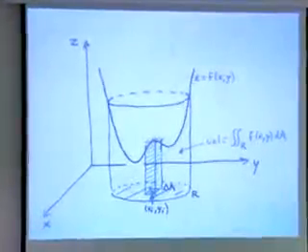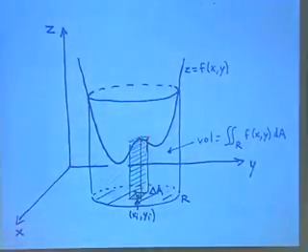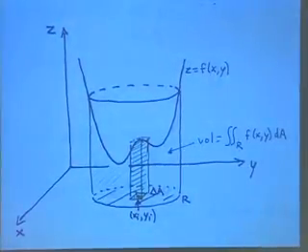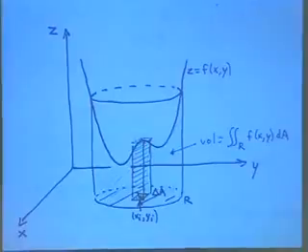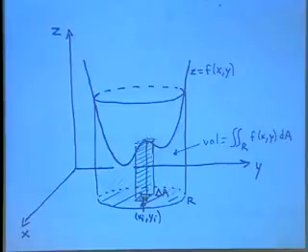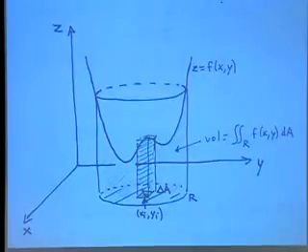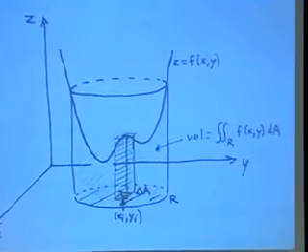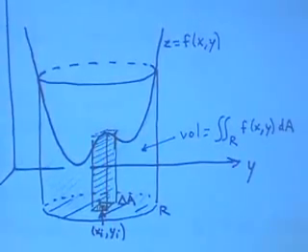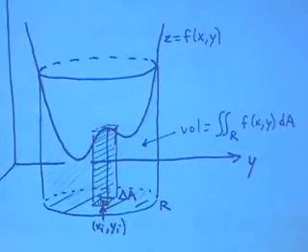We are going to cut our region into little pieces, say little rectangles, or actually anything we want. Then for each piece, with a small area delta A, we'll take the area delta A times the value of the function in there. That will give us the volume of a small box that sits under the graph. Then we'll add all these boxes together. That gives us an estimate of the volume. And then the integral will be defined as a limit as we subdivide into smaller and smaller boxes and we sum more and more pieces.